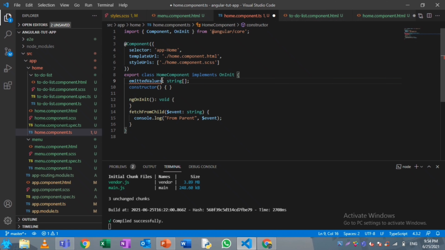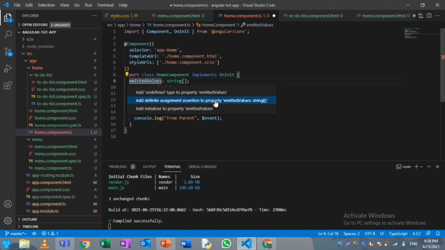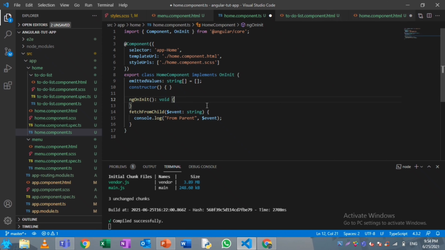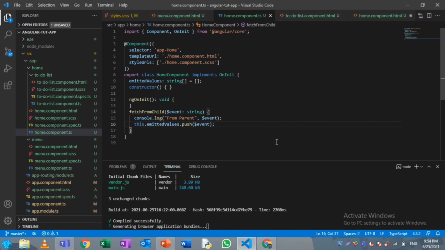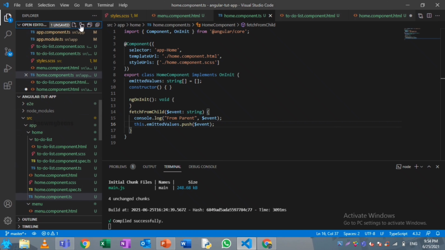So this will be very easy. What I'm doing is I'm creating an array inside my parent component, and I'll just push the value from the child to this array. So what Angular will do is it will just detect for the changes that are being emitted, and it will push it into this array, and you can see it in the HTML in action.